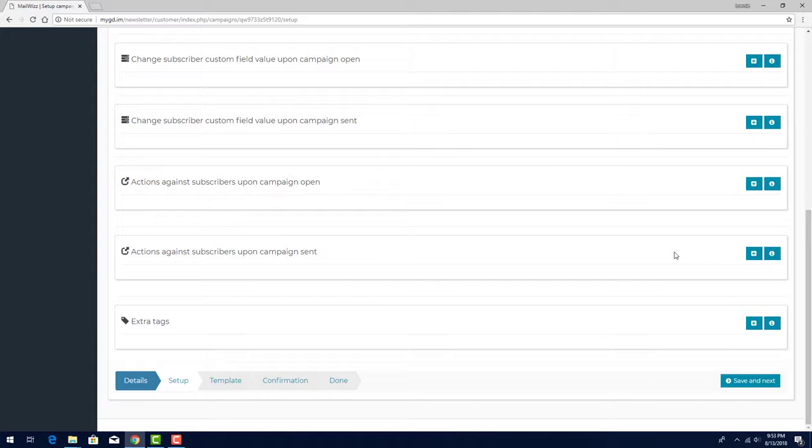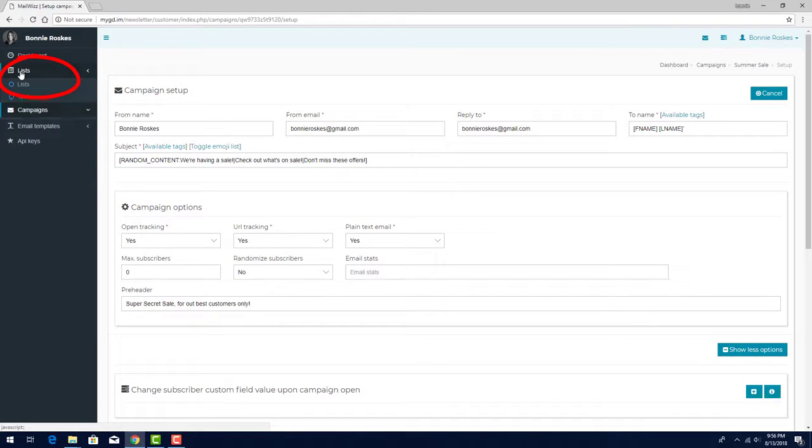Say, for example, I want to visualize data on how many times a subscriber opens this campaign email. I can set the initial value for each subscriber as 0, then increase this value by 1 for each open. I need to add a custom field for this. So I'll open my lists in a separate tab